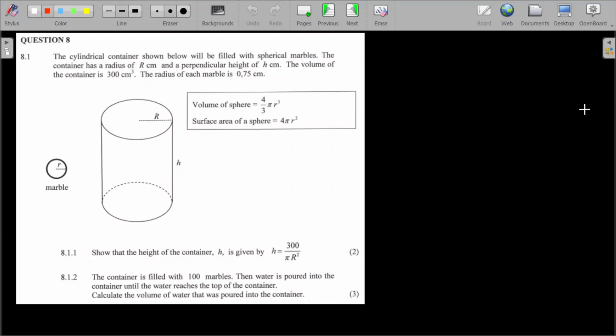Now we'll be doing question 8, which has to do with measurement. Remember, we're still doing the paper from November 2019. So let's get into it. So here they are saying in the